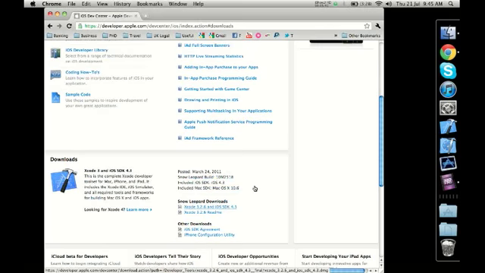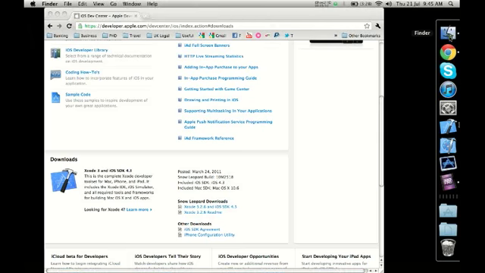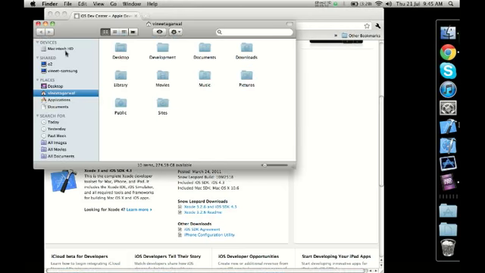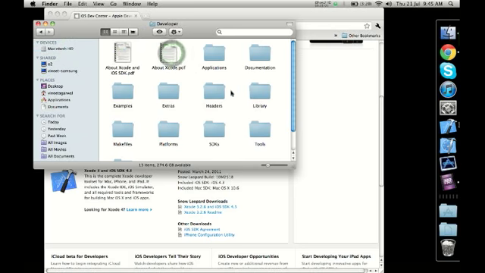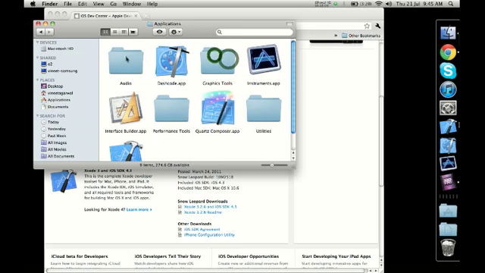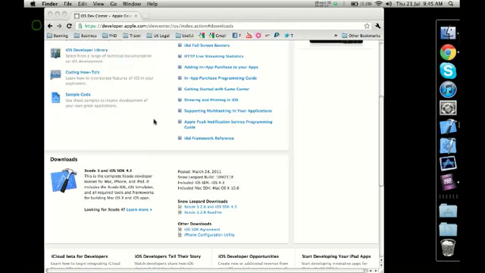So this is the first step. Once you've downloaded the Xcode and the SDK and installed it, they would look like this. So Xcode, panel, dashcode, and instruments. Most probably, once you've downloaded them, they would appear on your developer folder. On your hard drive, you would see that there's a folder called developer, and your applications would be within the developer folder. So please go ahead and download the Xcode and the iOS SDK, and once you've done that,